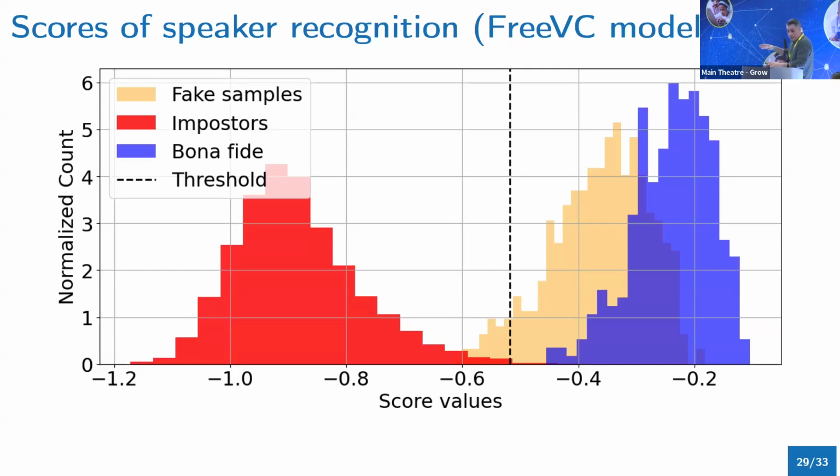Now we create deepfakes. Now we introduce the fake. The fake is this orange, yellowish-looking thing. If our deepfakes were perfect, they would be exactly like the blue. But here you can see they are on the right side of the threshold, so they're far away from red, but they're not exactly like blue. So it tells us there is hope that we can detect them because they're a bit different. They're not like red, but they're also not like blue. They're in the middle. That's basically the point.